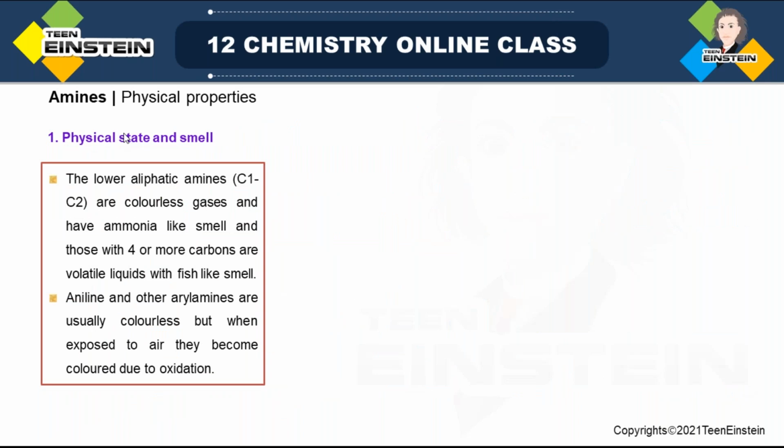After finishing methods of preparation and related problems, next is physical properties. Physical properties of amines: physical state and smell. If you consider lower aliphatic amines, where the carbon number is C1 or C2, very simply, they are colorless gases. For example, CH3NH2 methylamine or ethylamine, and they have an ammonia-like smell, because ammonia is the simplest amine possible, where